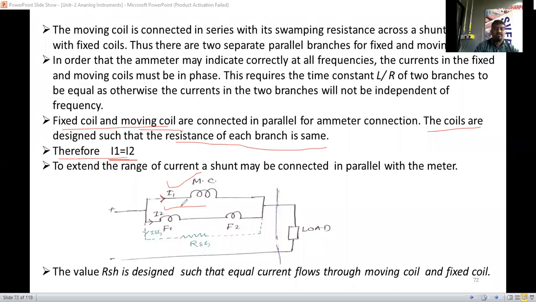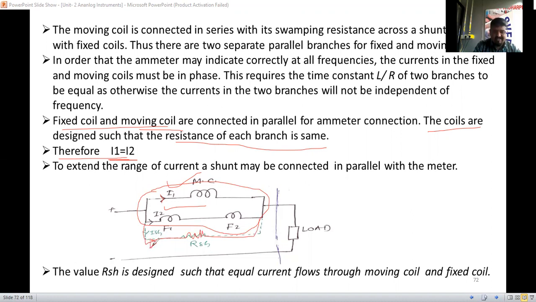So suppose you consider this one only. Suppose I want to extend the range of the ammeter. Then what do we have to do? We have to connect one parallel shunt resistance here now. Then whatever the extension of current is there, the extended range of